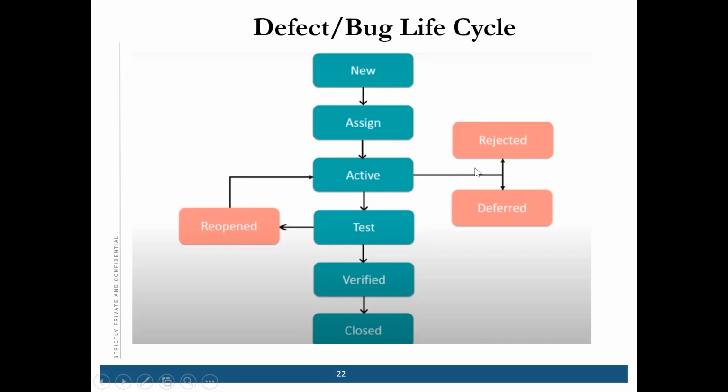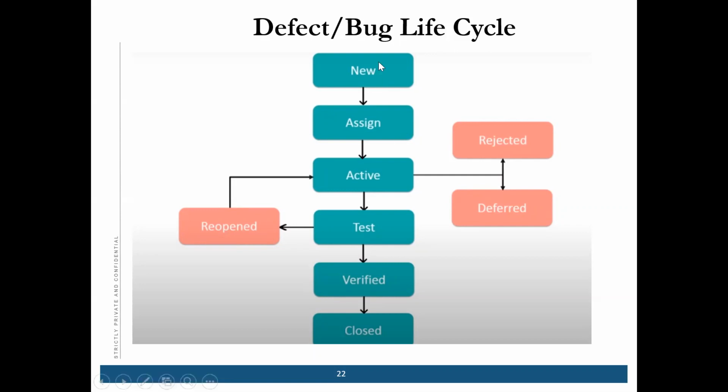This is the correct way our project is behaving, so I am rejecting this bug. They have to inform and then reject that bug. Now comes the tester. After retesting, the tester will either verify or reopen the defect. Once it is verified, you can also close it. Is that clear? This is the bug life cycle.